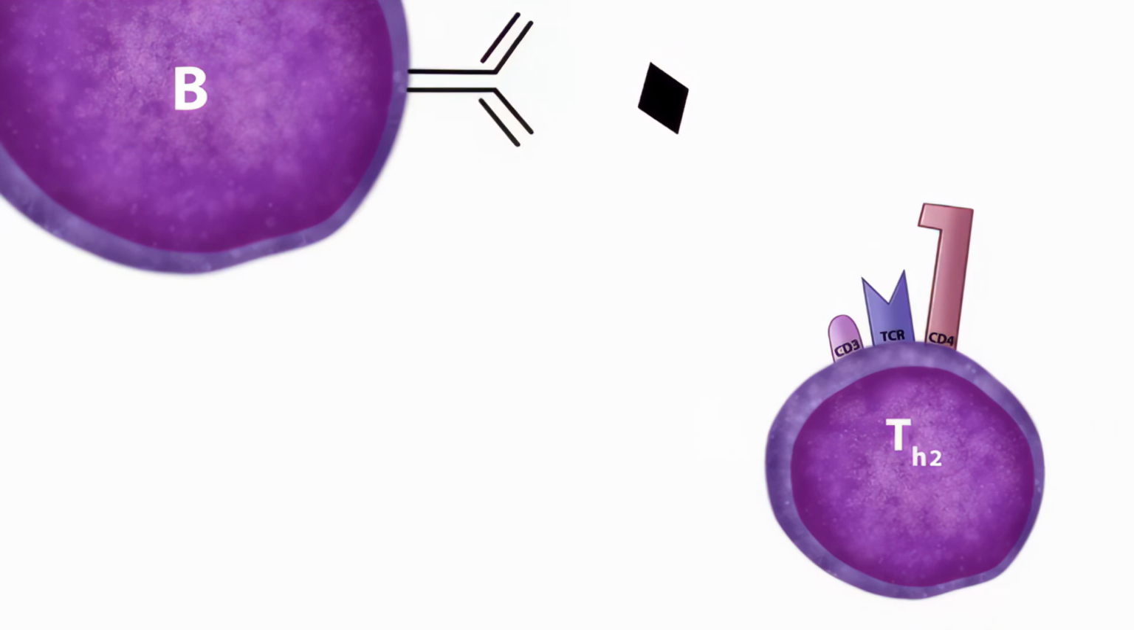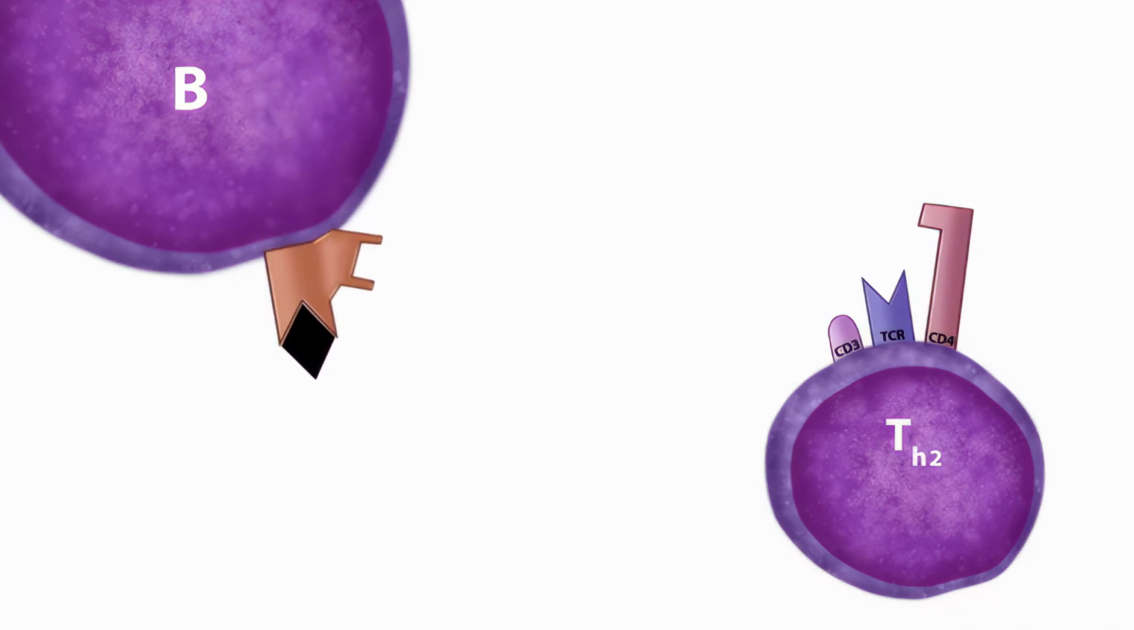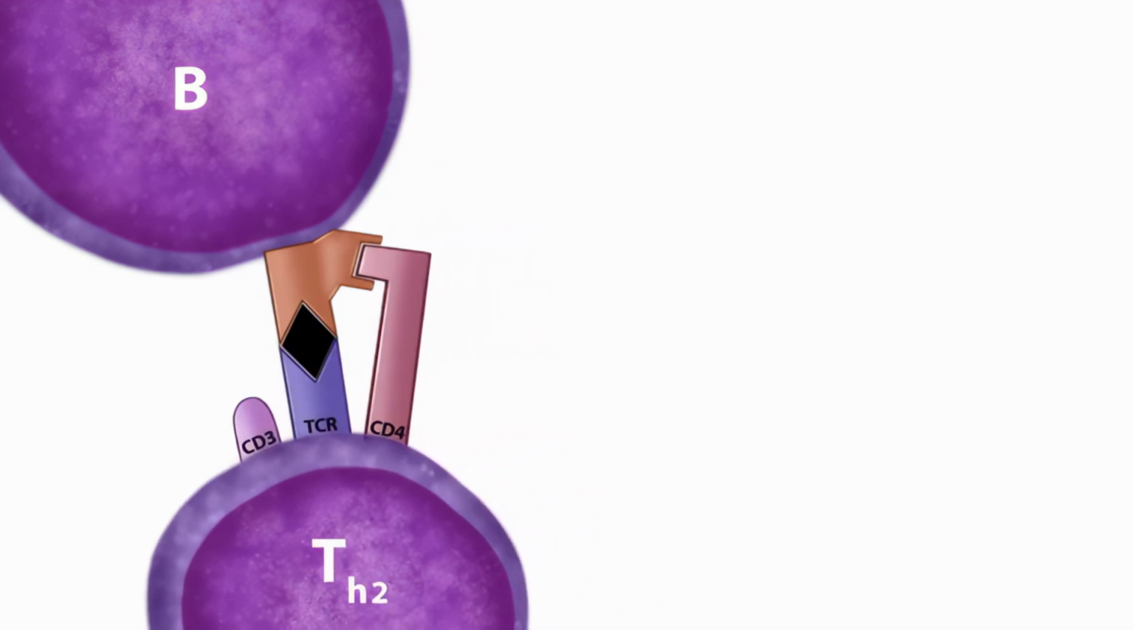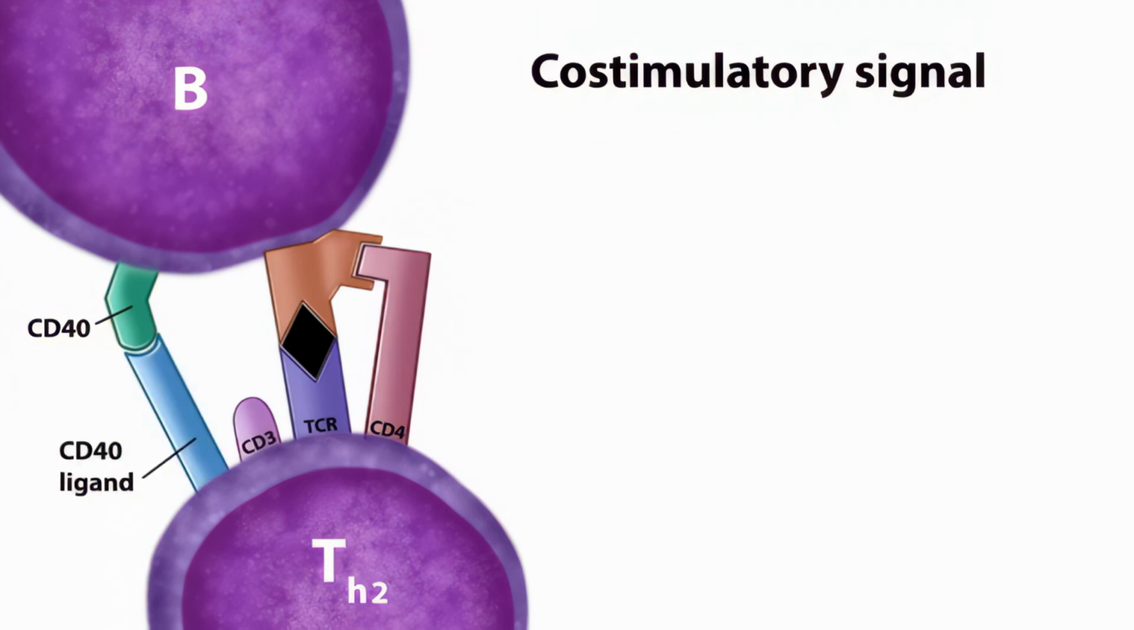The antigen binds to a surface immunoglobulin, and then the B cell swallows it up, digests it, and puts a piece of that antigen on the MHC2 molecule on the B cell surface, so it can present the antigen to the T helper cell. The T cell recognizes that antigen with its T cell receptor. The third step is another co-stimulatory signal. The B cell has a CD40 marker on its surface, which binds to a protein on the T cell called